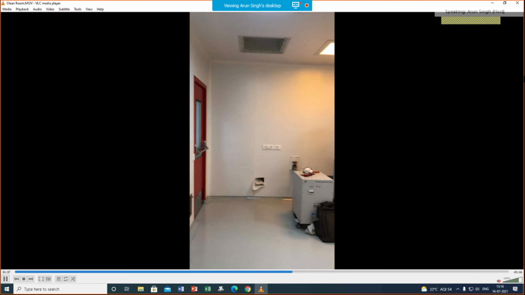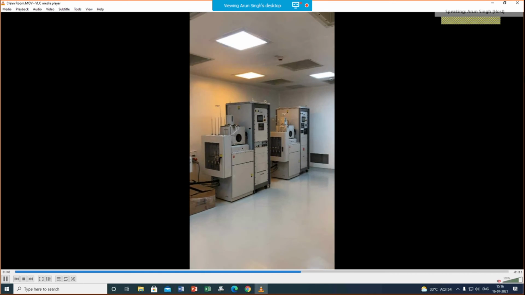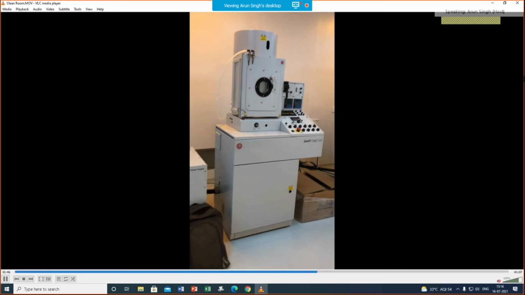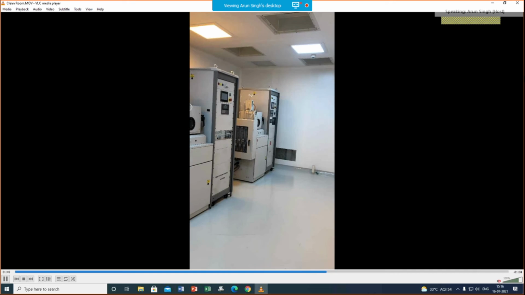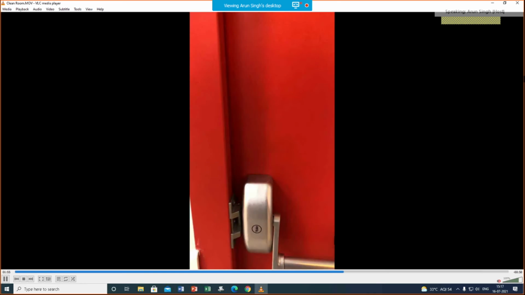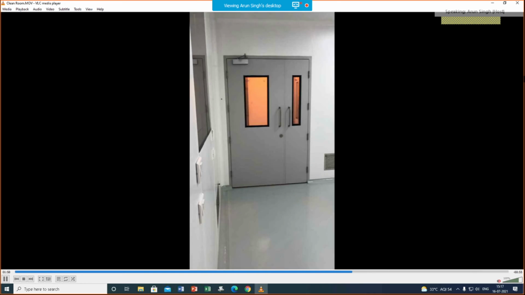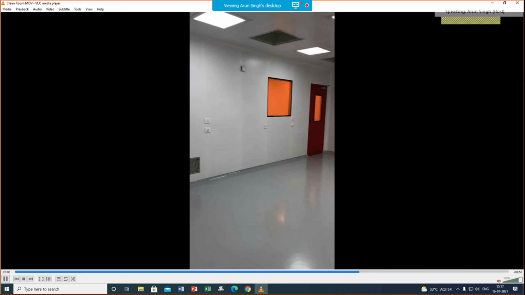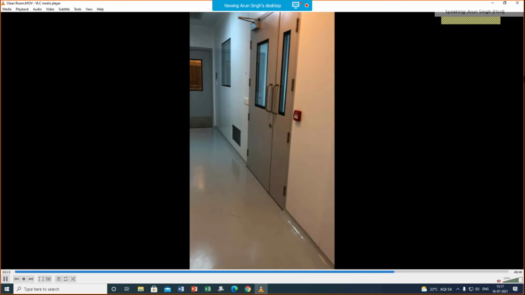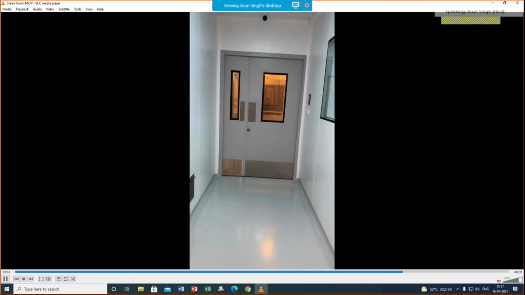This is the material deposition room where we right now have three systems. An evaporator is there, RIE is there, PECVD is there, and thermal CVD is also planned, and a sputter system is also planned in this lab. So basically, this will be a complete lab for deposition of materials. And adjacent to this is the characterization lab. So we will be shifting all the characterization tools which I have just now showed you to this lab, and we are planning to have it for cryogenic temperature measurements also. So now in this corridor, if you go to the left side, then you will find the chemistry lab.